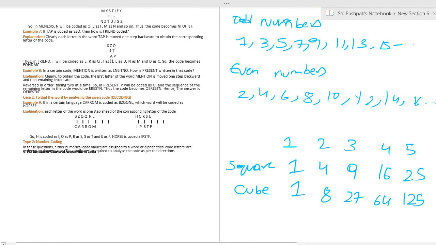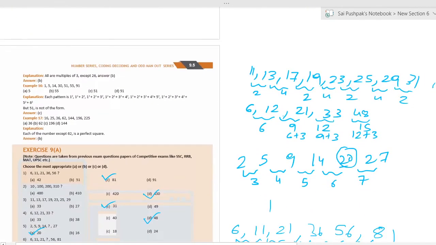So guys, in addition to odd, even, and prime, you should also know at least the first 5 squares and cubes of numbers. Okay. 1 square is 1, 1 cube is 1. This everybody knows. 2 square is 4 and 2 cube is 8. 3 square is 9, 3 cube is 27. 4 square is 16, 4 cube is 64. 5 square is 25, 5 cube is 125. So since you know all this, we can proceed to the first question.